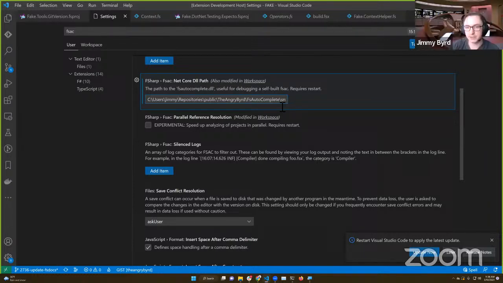If you only need changes to FSAC, this is a slightly different dev experience: there's a setting here called F# FSAC .NET path, and you just point to the path where you built your new FSAC, and on restart of Ionide, it will rerun with your new changes. Mm-hmm.